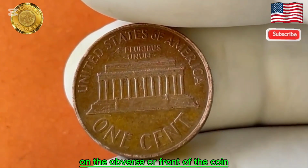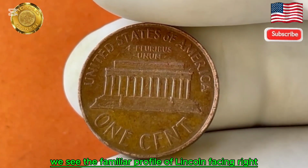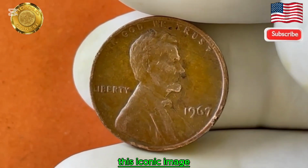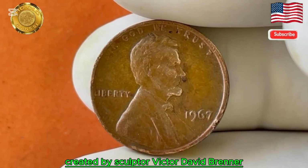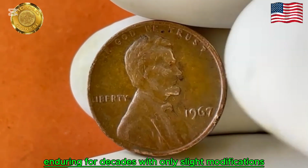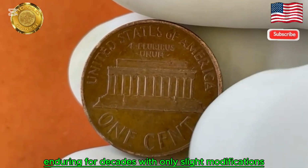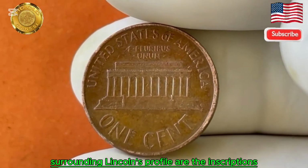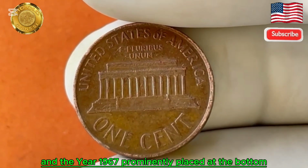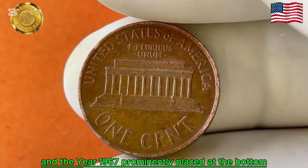On the obverse, or front, of the coin, we see the familiar profile of Lincoln, facing right. This iconic image, created by sculptor Victor David Brenner, had become a symbol of American currency, enduring for decades with only slight modifications. Surrounding Lincoln's profile are the inscriptions "In God We Trust," "Liberty," and the year 1967, prominently placed